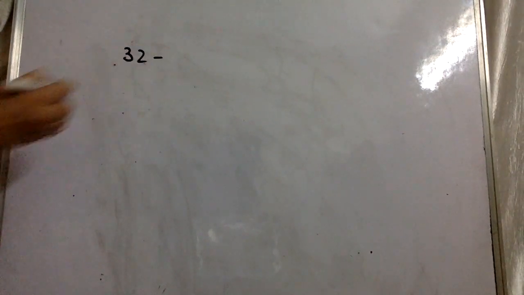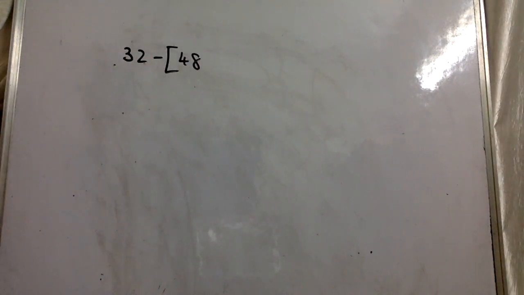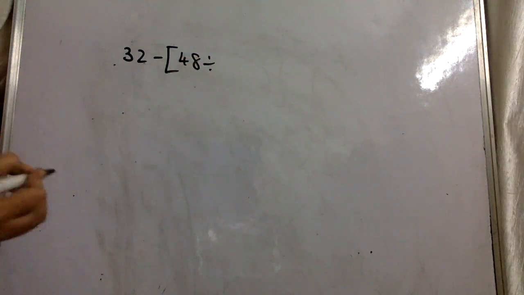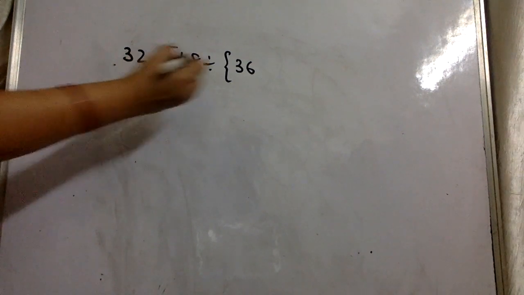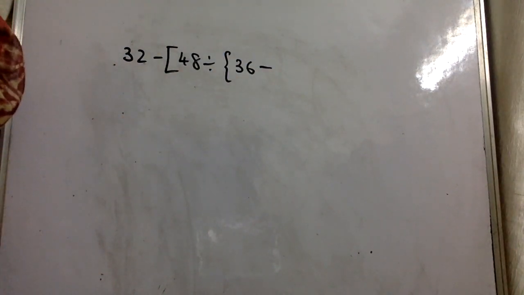Now we shall be taking a very simple question with a bar bracket. I haven't shown you the use of that, so let's take that. 32 minus, then comes a curly bracket. No, I think we'll take a square bracket here. 48 divided by, then comes a curly bracket, and a 36 minus, and then comes a